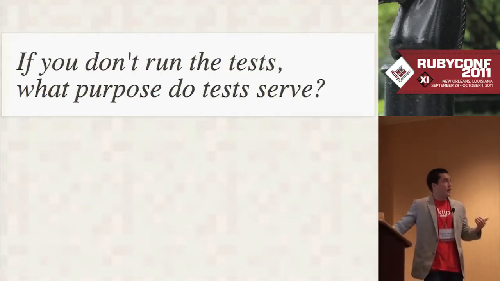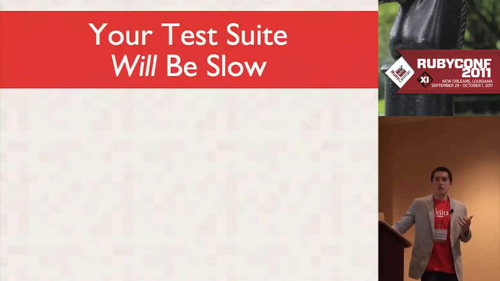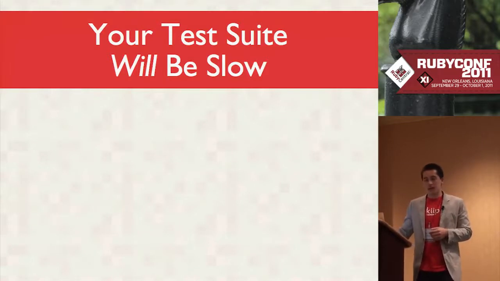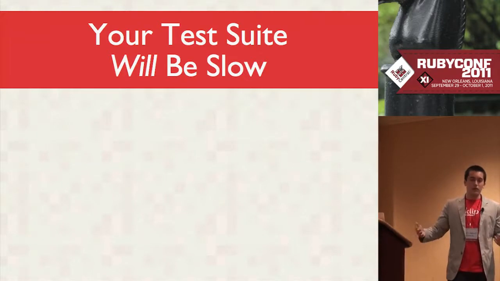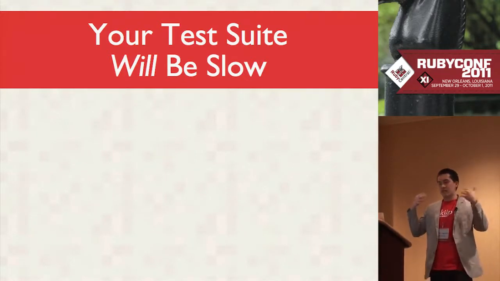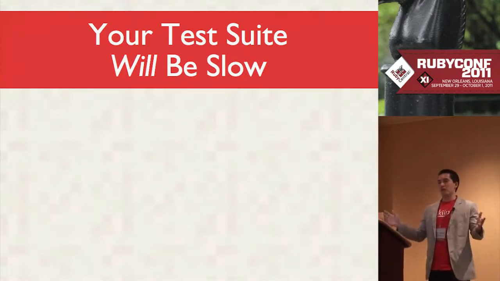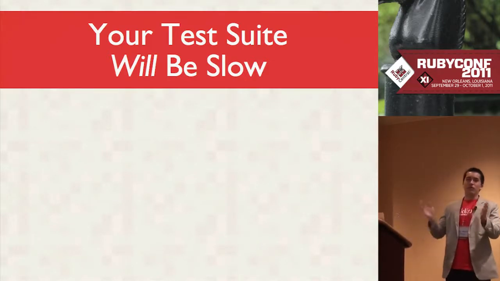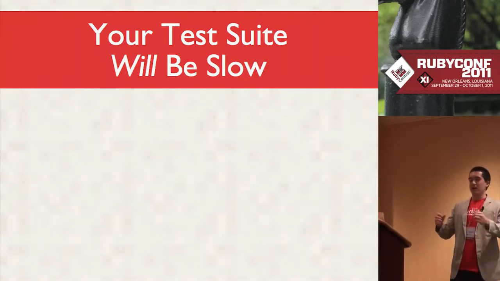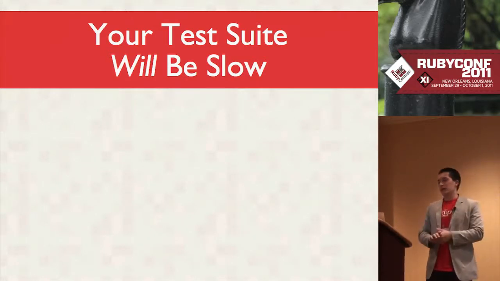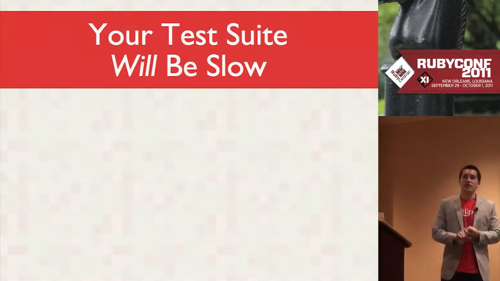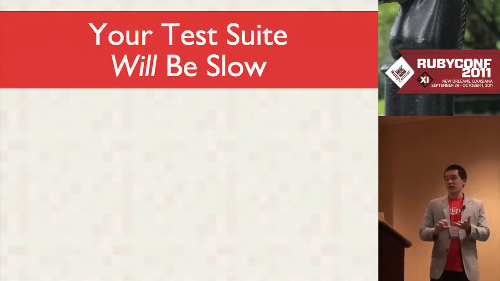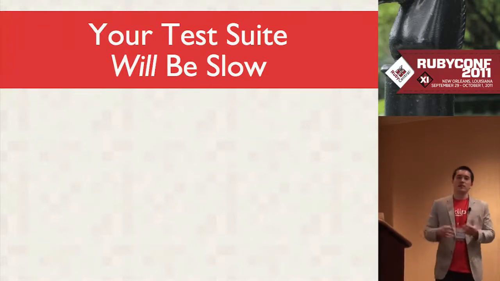So at some point, your test suite will become slow. And I don't know why this is in the Ruby community more than other communities, but Rubyists tend to have this idealized notion that on every project you're going to be able to run every test before every commit, and you're going to have this awesome stable on commit push. And really the pattern that I found is as your project reaches a certain size, or if your project is worth anything at all, your test suite is just going to become slow.